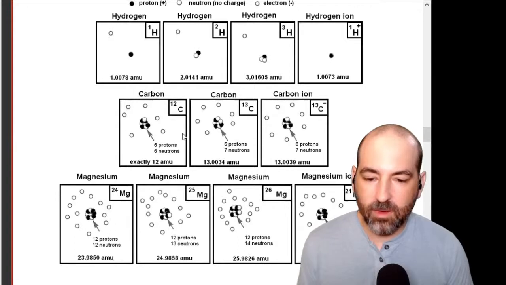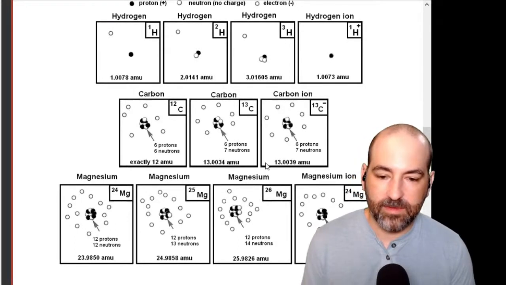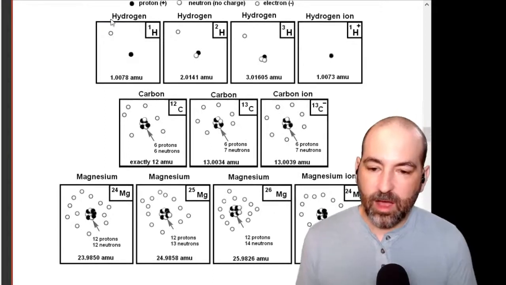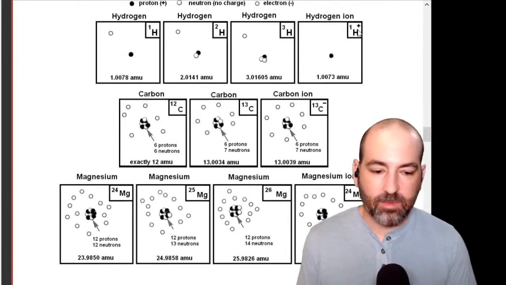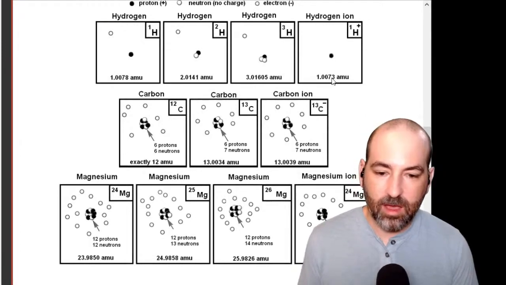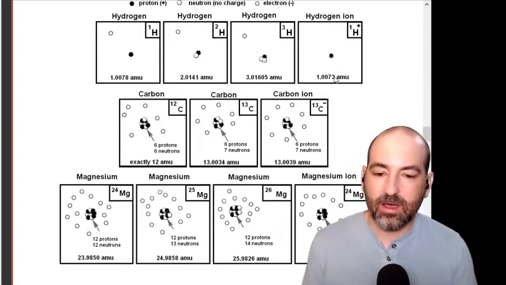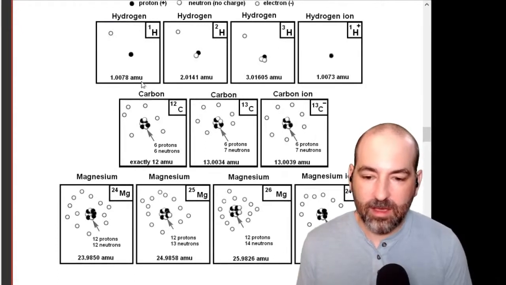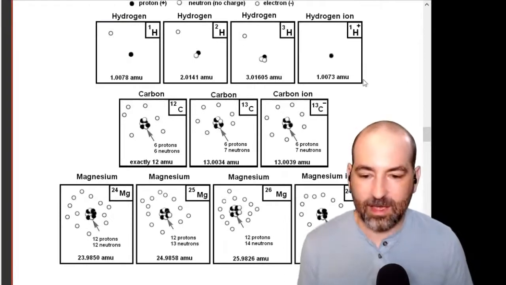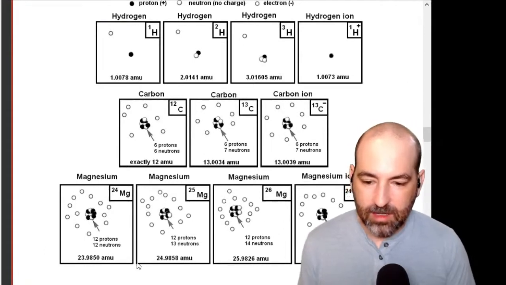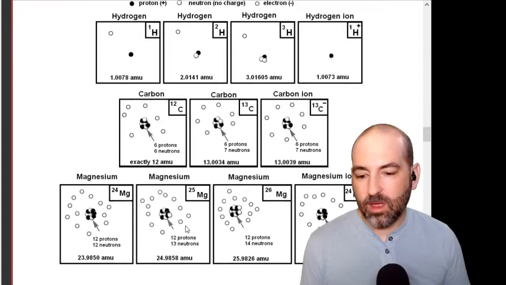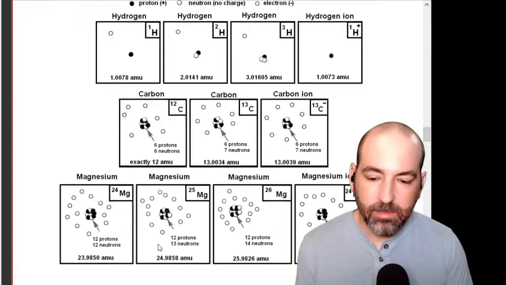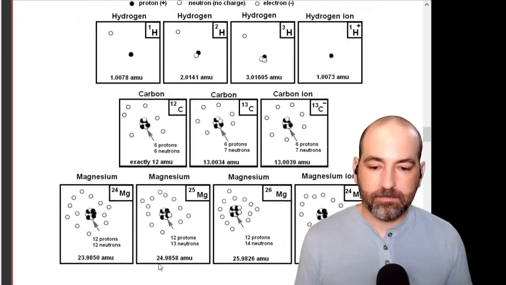First of all, we now have enough significant figures to see that electrons do indeed have mass. For example, hydrogen with one electron has a mass of 1.0078 AMU. Hydrogen, when it loses that electron, has a mass of 1.0073 AMU. So when we get all the way into the 10,000ths place, that's when the electron mass starts to matter. But for anything at three decimal places or before, it really doesn't affect it that much, depending on the number of electrons. We can see the same thing down here. We also see some other differences because of very slight differences in AMUs of protons and neutrons. But generally, even if you look at the periodic table with their average masses, we're not